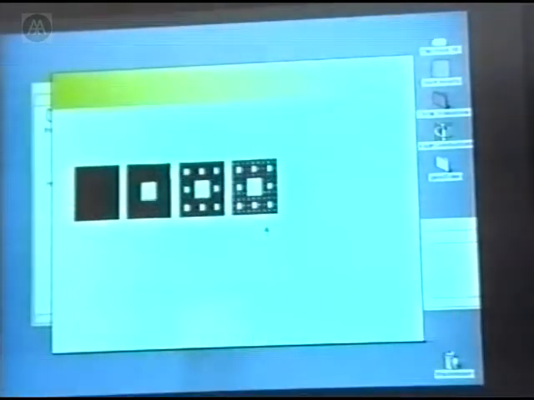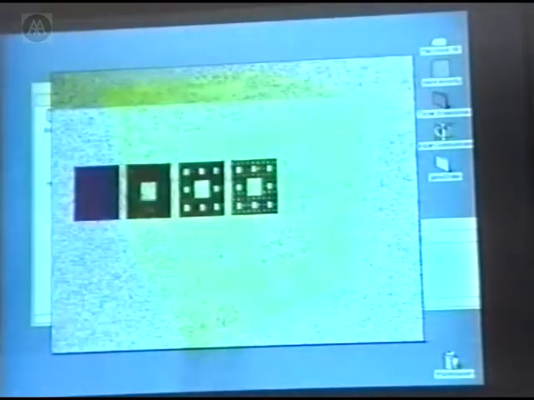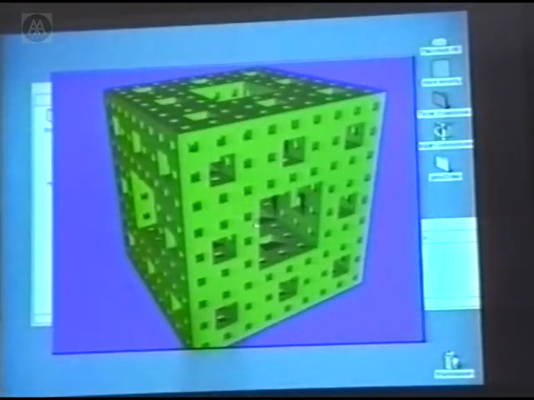Now, there are lots of ways of creating fractal-like objects. So you take a cube, you remove the center cube, you imagine it cutting up into 9, you remove the center one, you do the same bits, carry on, and you end up with an object. If you do that in 3 dimensions, you end up with one of these sponges.